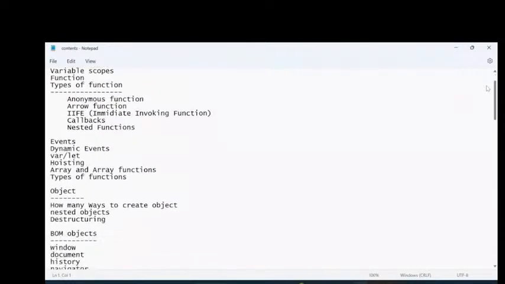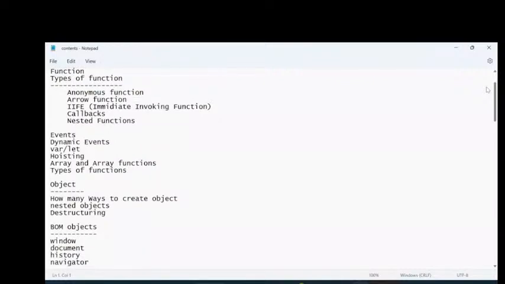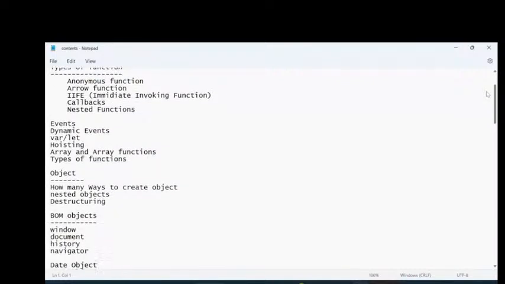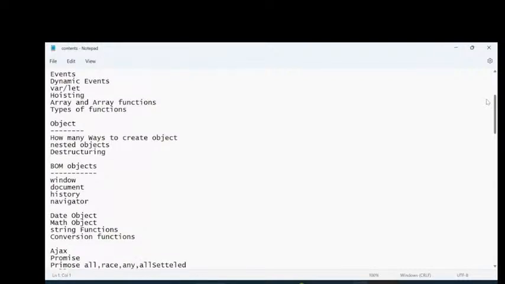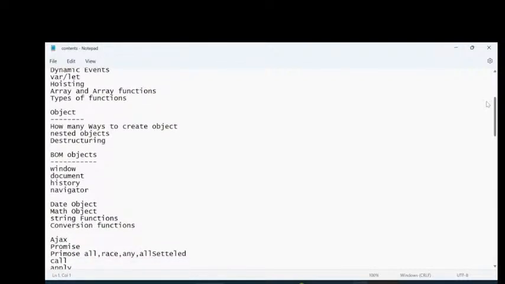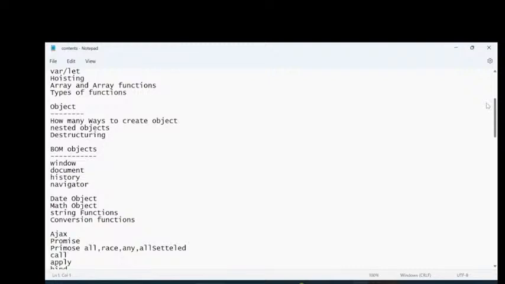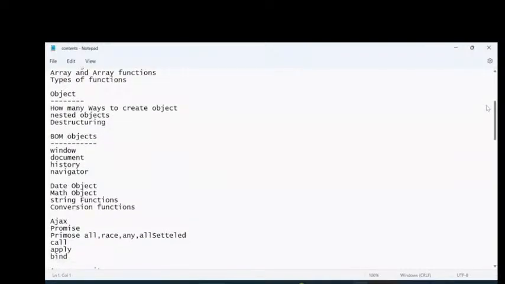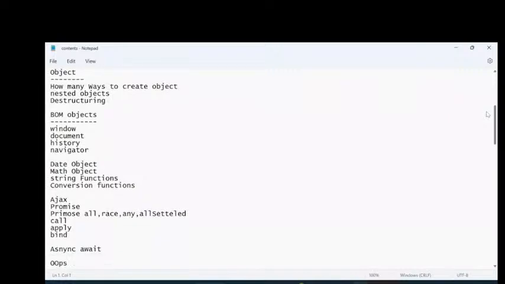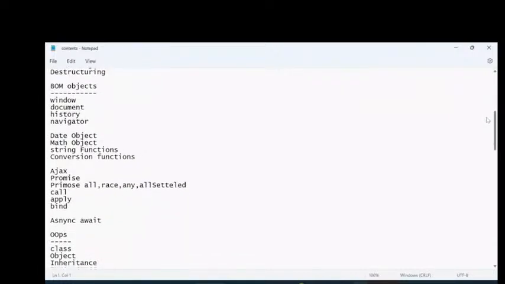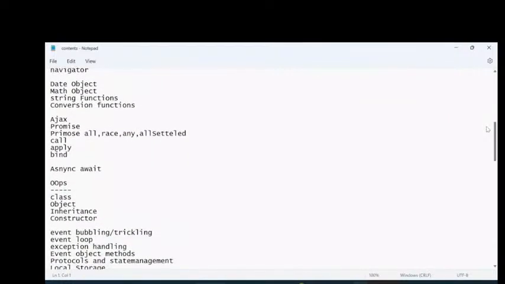Functions and how many types of functions we have, events and dynamic events, hoisting, array related functions and objects, and how to work with the object. Object is very important because the data which is coming from Ajax is in the form of an object only. So how to read the object, and what the BOM objects we have, date object, math, string, conversion